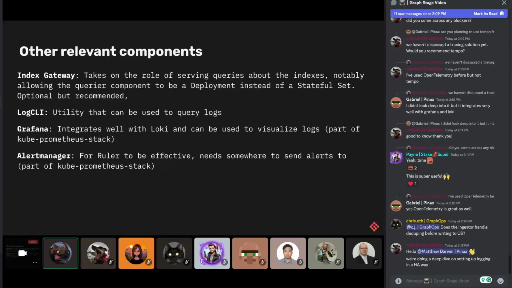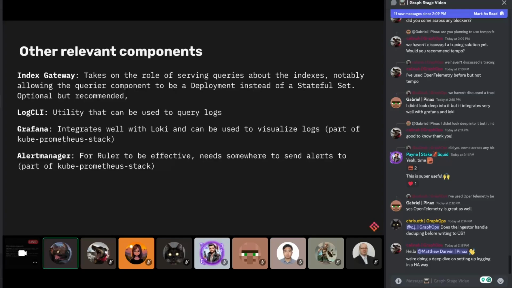And it gets in charge of answering those parts of the queries. The big advantage you gain by using this component is that it allows all the other ones to become stateless. The querier, for instance, will need access to that data, and without this component, your queriers will need to have PVCs and do basically that job for themselves, which makes it